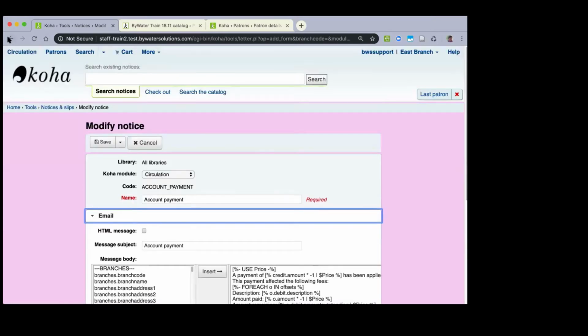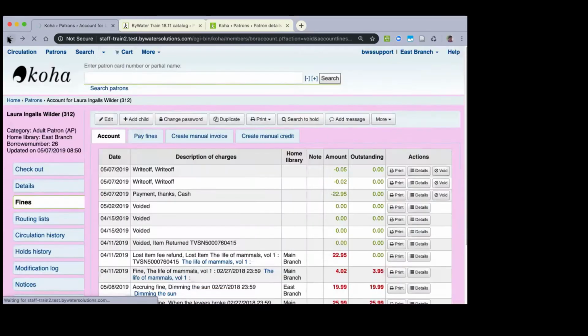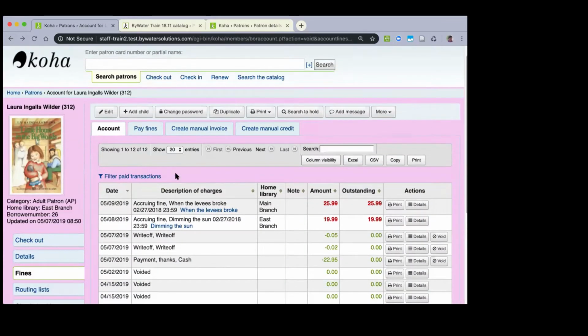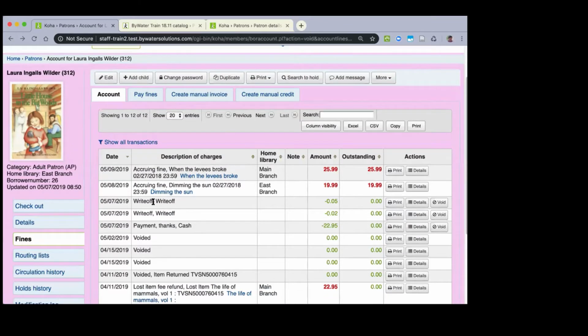Okay, hopping back to our patrons and their fines. In the patron's account, there is the filter transactions option, and this will eliminate any zeroed transactions in here. I don't know if you're going to necessarily see some of these things. Right now, if you look at this part of the screen, you can see some of these that are there. And if I click on filter page transactions,